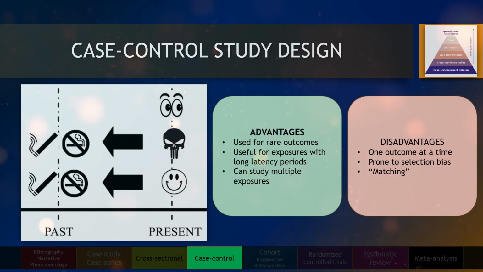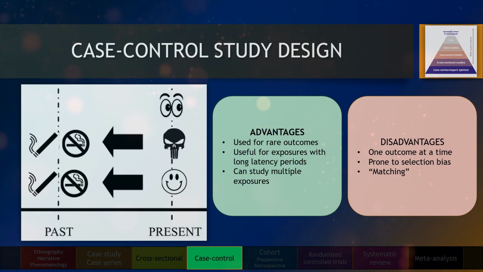The strength of case control studies lies in its ability to study rare outcomes, since active case finding is used to identify the cases, which is one of the initial steps of a case control study design. Case control studies are also useful for diseases with long latency periods between exposure and outcome, since you often only use old records to look for exposures. Case control studies can also be used for multiple exposures.